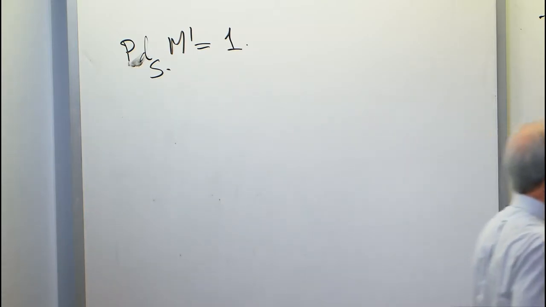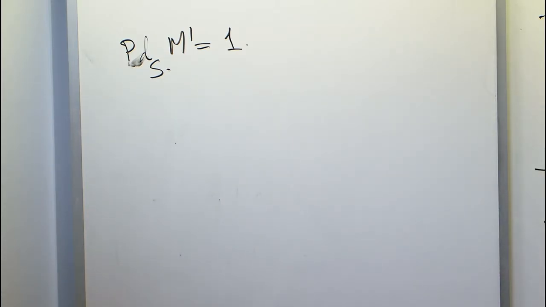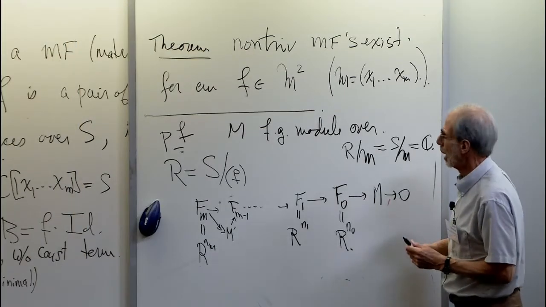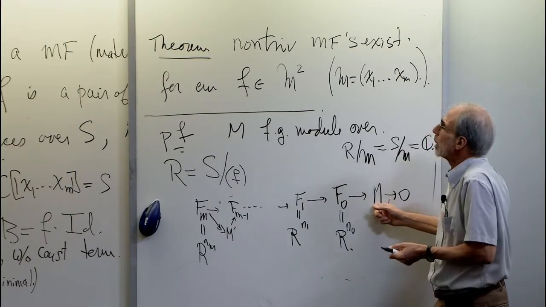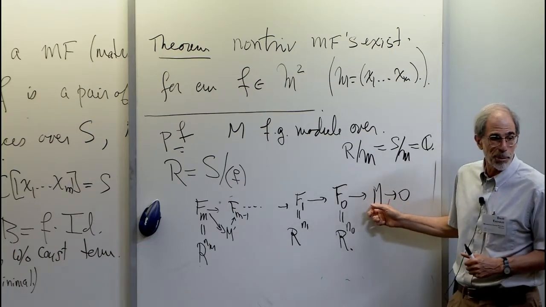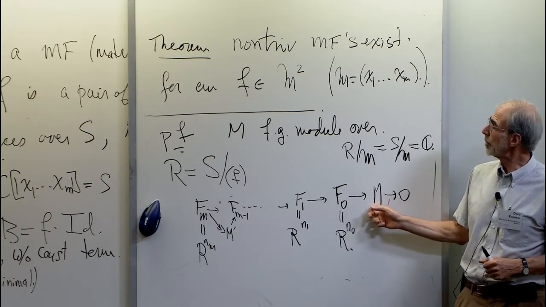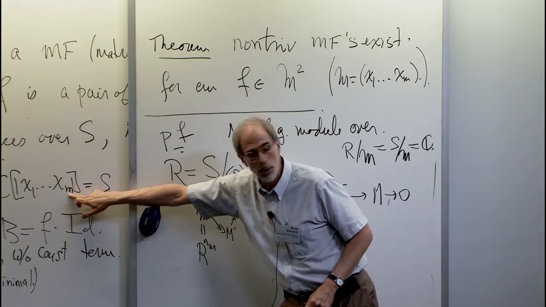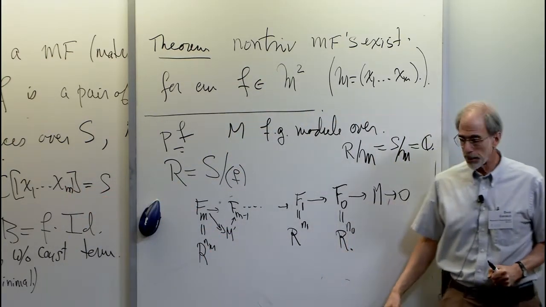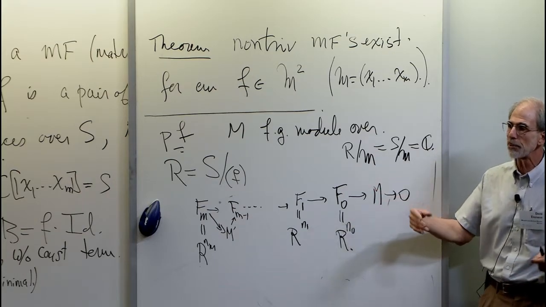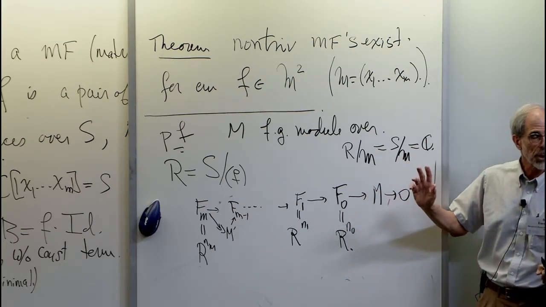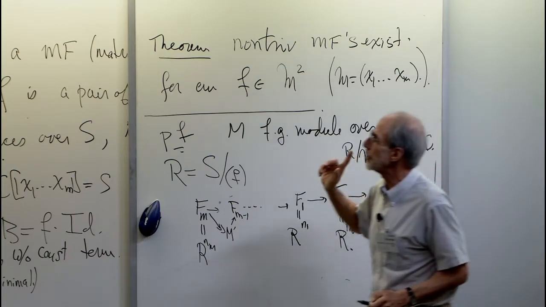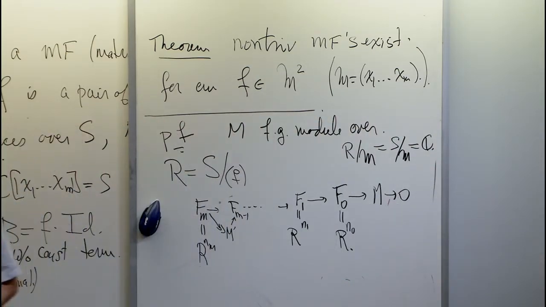In fact, the projective dimension went down steadily as I went back in this resolution, if it wasn't 1 before. Here, I took an arbitrary module that has some projective dimension over S. If I took the residue field, it would have projective dimension little m over S. And the theorem that one proves, and this is basic commutative algebra — what's projective dimension? It's the length of a minimal free resolution. Right? Okay. So, i.e.,